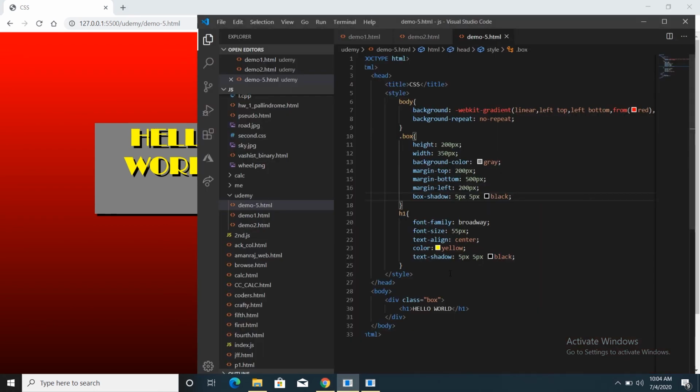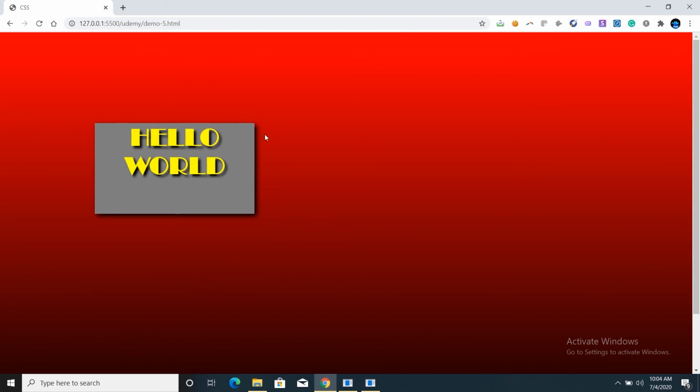Now the question comes, how to add the 3D shadow. For 3D, in 2D we use the length and breadth, but in 3D we'll be using the length, breadth and width. For that I will be using one more value here for the width. I'm using here also 5 pixels, save it. Now I'm getting a 3D shadow. So this is how we'll be giving the shadows to the text. 3D shadow can be given by using 3 parameters, means 3 values: length, breadth and height values. 2D shadows just length and breadth. Like this we can give text shadows and box shadows.